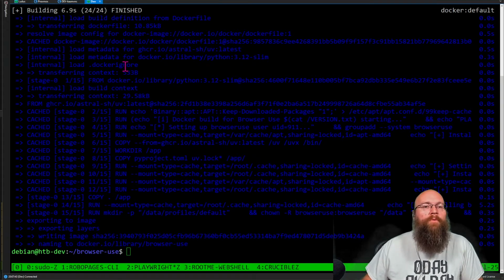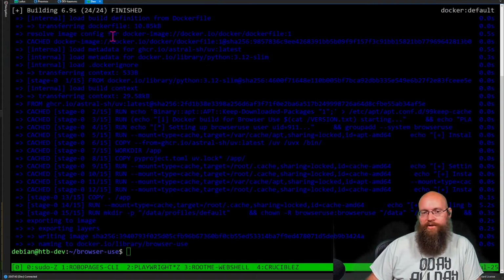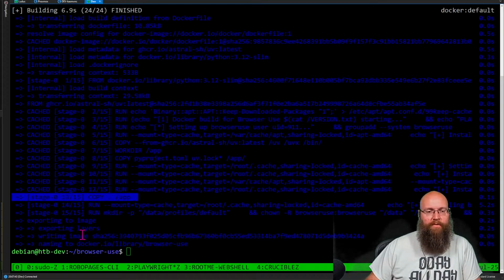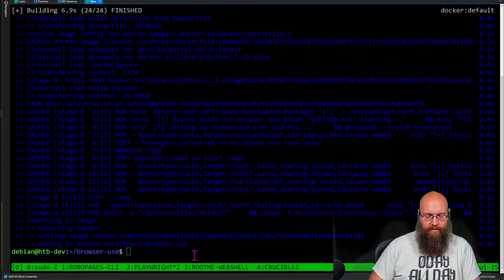Oh, actually, this built really fast. I forgot because we didn't change a ton in the beginning. Everything prior to this stage, I know that's probably really hard to see because of the black on blue, was actually already cached in Docker. So we just had to modify everything from here forward. So now let's try this again.